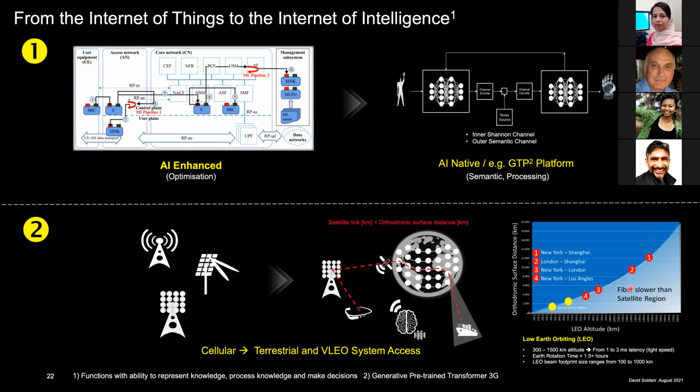So here you have an example. For example, if you want to connect New York to Shanghai, you see here what distance you would cover if you deployed fiber, and similarly what you will need to have in place if you connect 2 points using satellites. So that would allow us to really achieve low latency communications and ubiquitous coverage